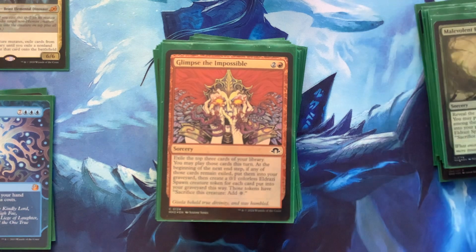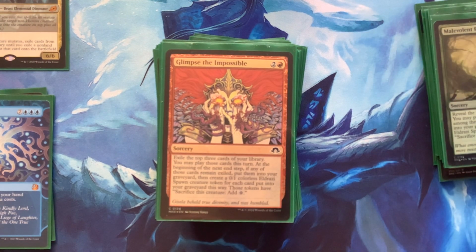Glimpse of Possible is also just really busted. You get to look at some cards. You can create more creature tokens onto the battlefield, and they can be sacrificed for colorless mana. This one's really strong. This one can get you into your Illuna really fast. So you can see just creating multiple tokens that actually create mana for the instance with the Rumble and the